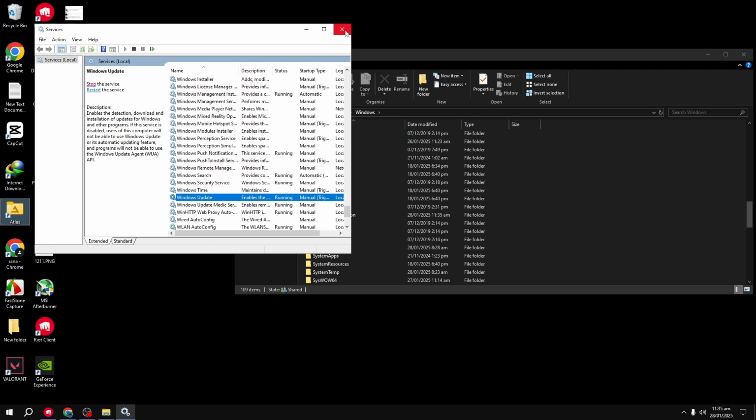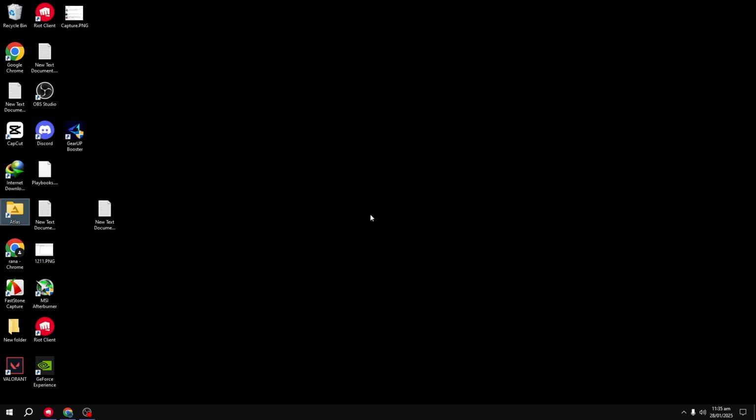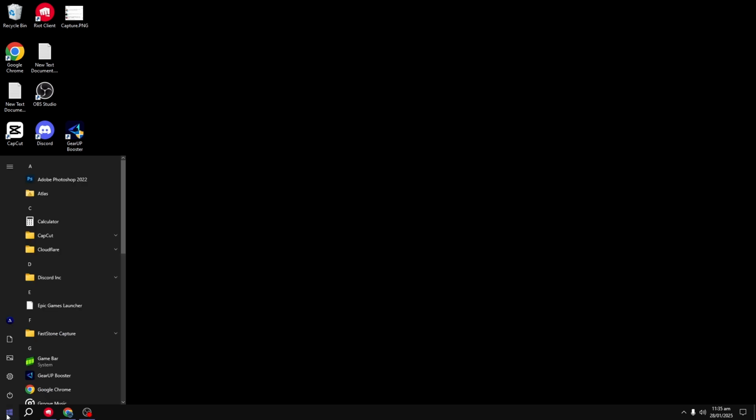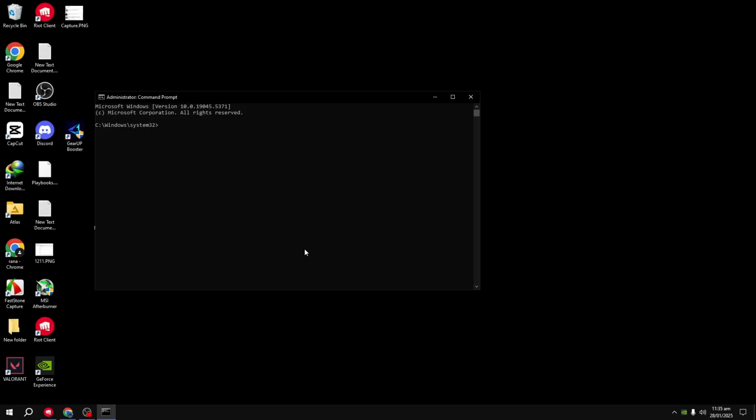Step 4. Run the Windows Update troubleshooter, if needed. If the error persists, press Windows key, type CMD, and right-click on Command Prompt. Select Run as administrator. In the command prompt, type the following command and press Enter: